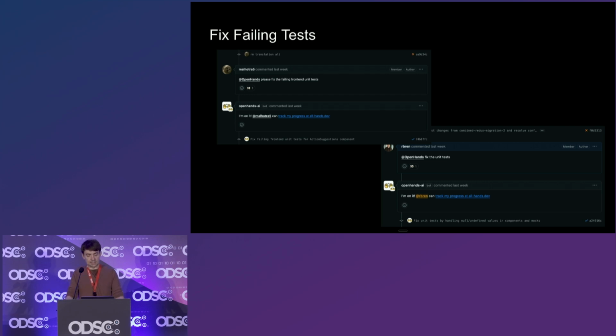Fixing failing tests. If CI/CD is not passing, again, this is one of those paper cuts that prevents you from merging a PR. You just got one broken unit test because you changed an API. Just being able to call in the agent and say, you can see what I did here. You can see what the intent of this PR is. Just get the test to pass. And there's a really clear definition of done again.